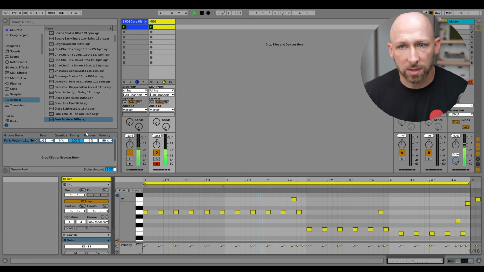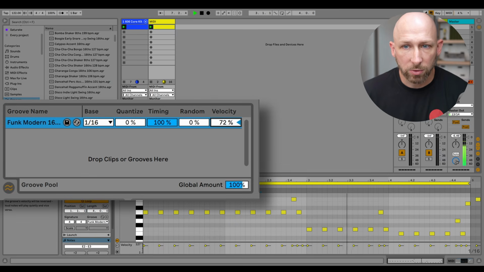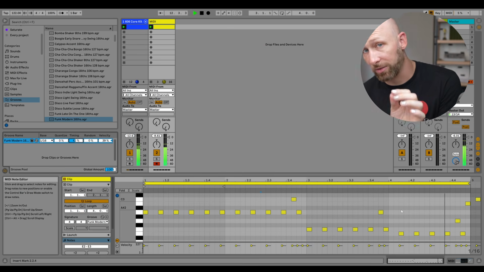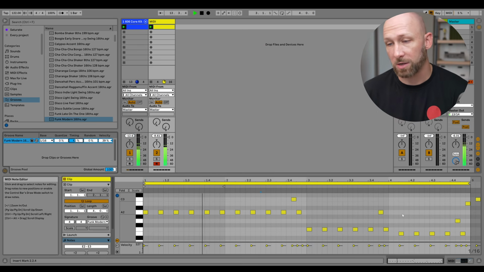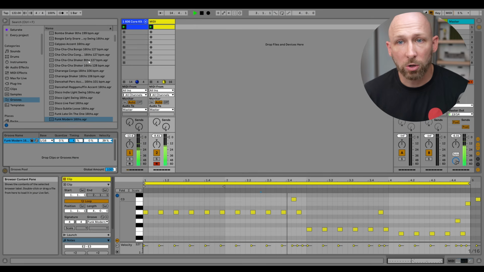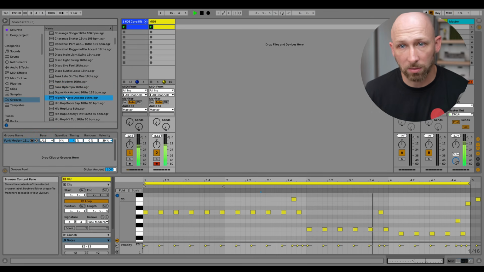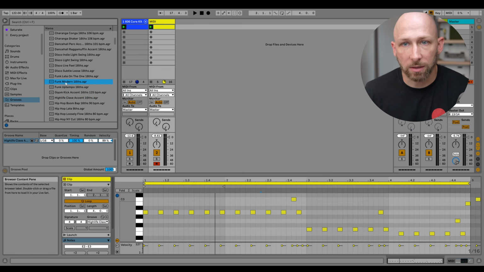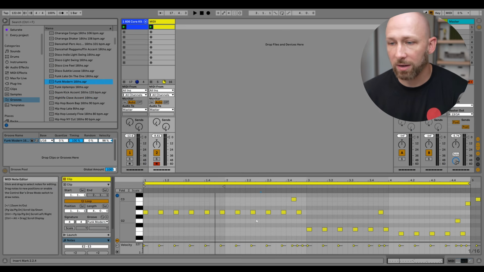We can make it more subtle if we want by reducing the velocity amount and the timing amount. And all we've done now is kind of humanize this a bit so that not everything falls exactly on the grid and not everything has the exact same velocity. That's kind of cool. We could audition a whole bunch of different ones by simply moving them. But right now my composition is so sparse that I'm not even going to do that. I'm going to come back here to Funk Modern, leave it on there, and I'm going to move on to